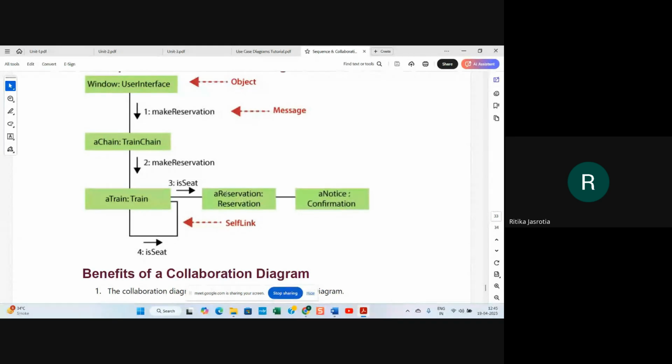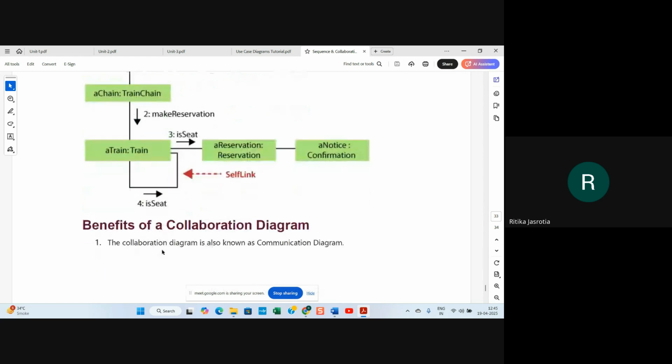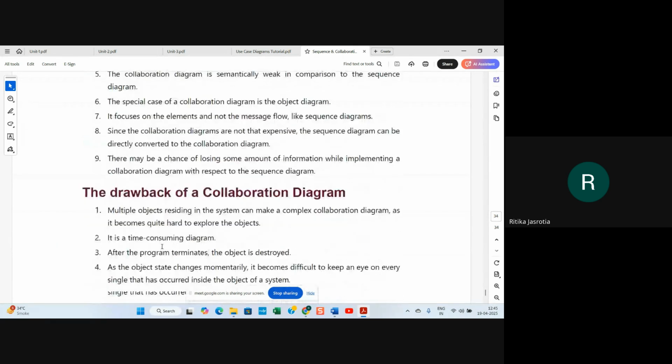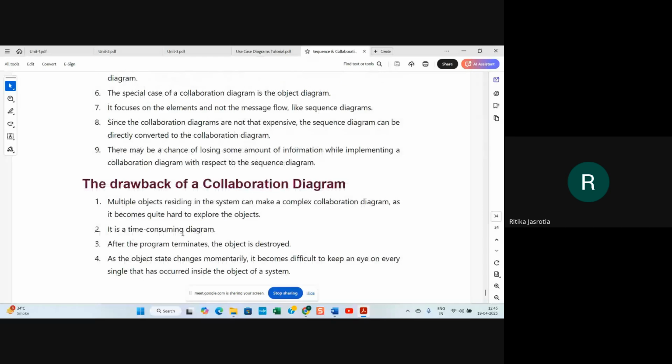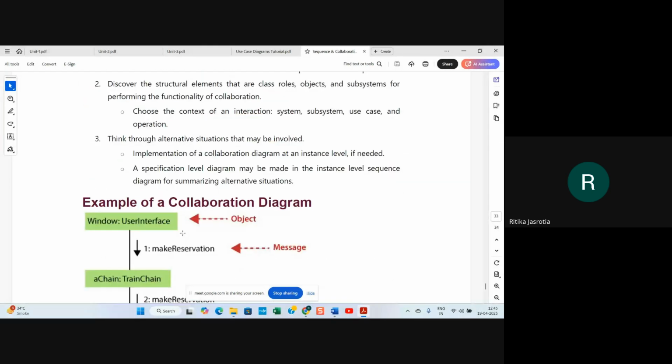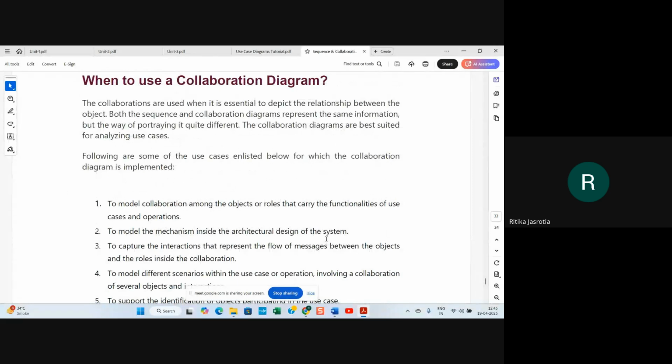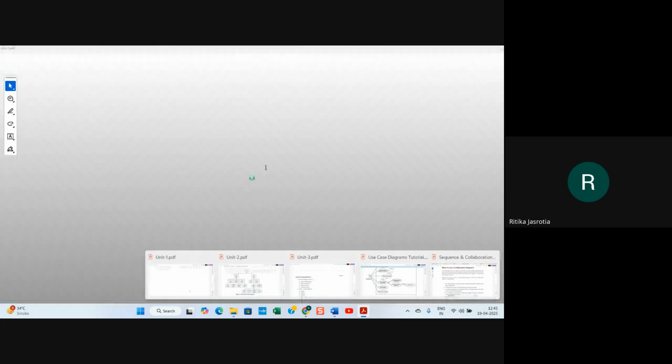If the seats are available, you do reservation, right? A confirmation notice is sent. Then the fourth is the self link that the train seat is reserved here. This kind of a thing. Numbering is there in the messages. That is what collaboration diagram is doing. Sequence numbers are given here. That is what is given in this, right?